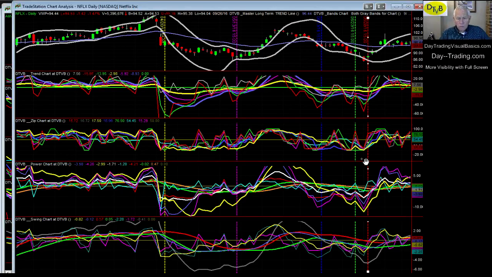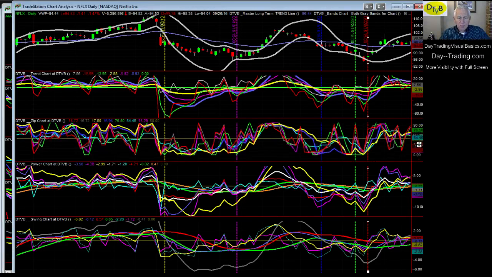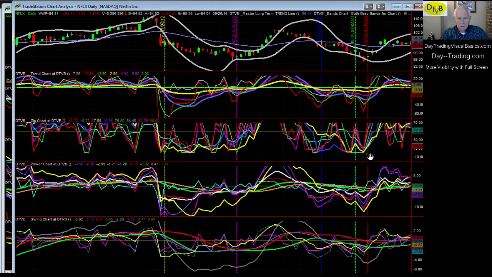Now, you can see that in the red line because you've had the zip yellow at the bottom, and in fact zip yellow is in a nice W pattern with a low angle up the day before. And on this red vertical line day, we have a crossover green. When red's above green, that is an uptrend continuation pattern, and so we would say we're continuing in an uptrend. All the lines are up as well,